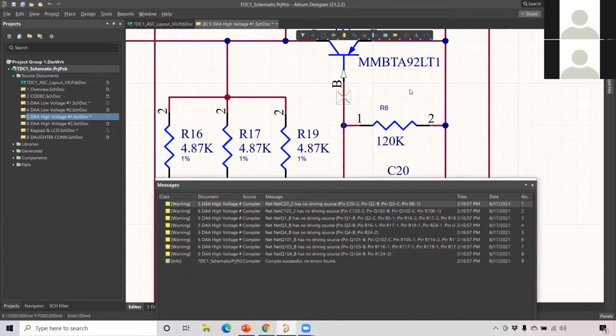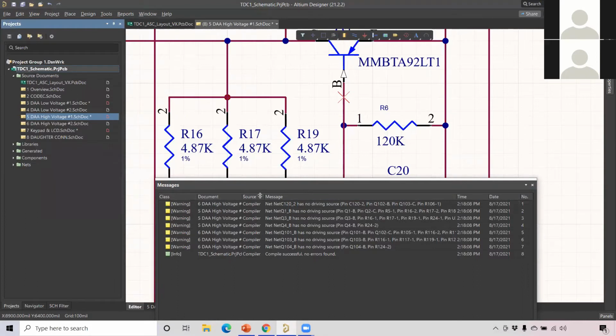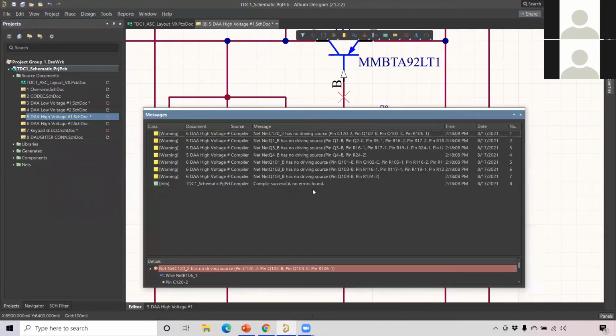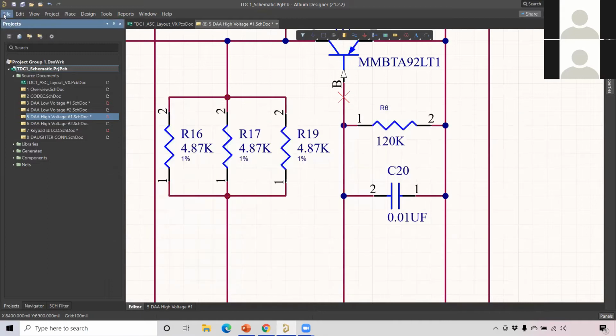Once I place it, then I right click and validate. You see the error has gone. That is, the warning message has gone. It's not only for that, for other warning messages also you can do the same steps, to overcome the warning messages. So warning messages, you can ignore it. So for now, I will just ignore the warning messages, and then let me go to file, save all.